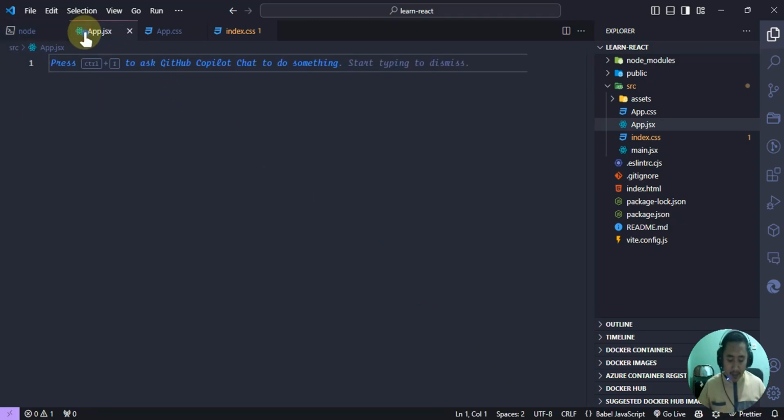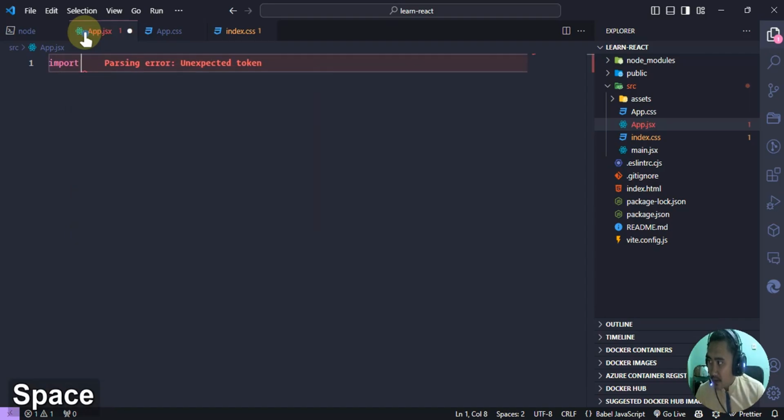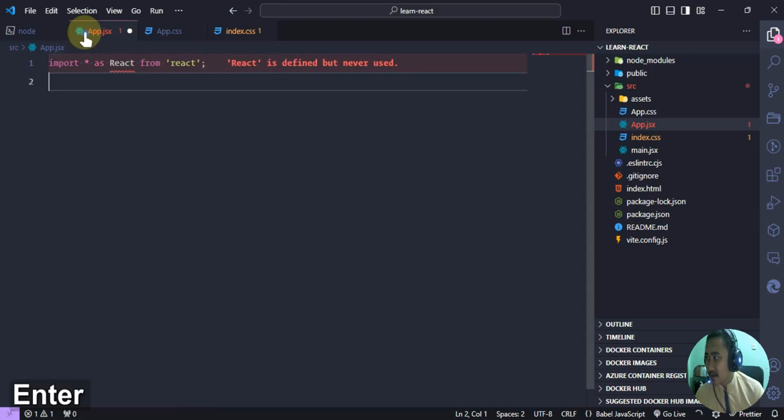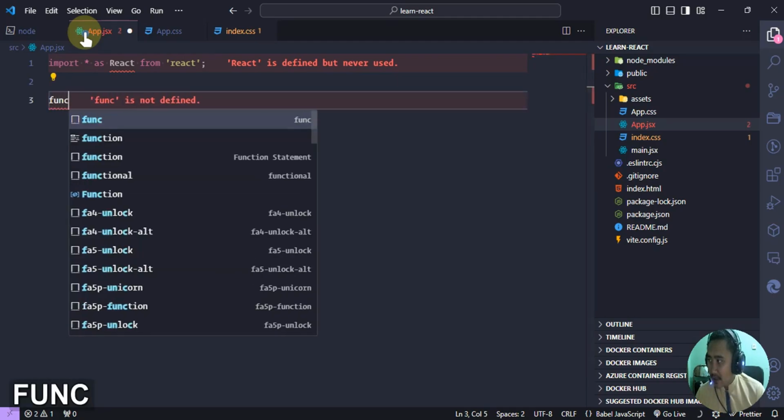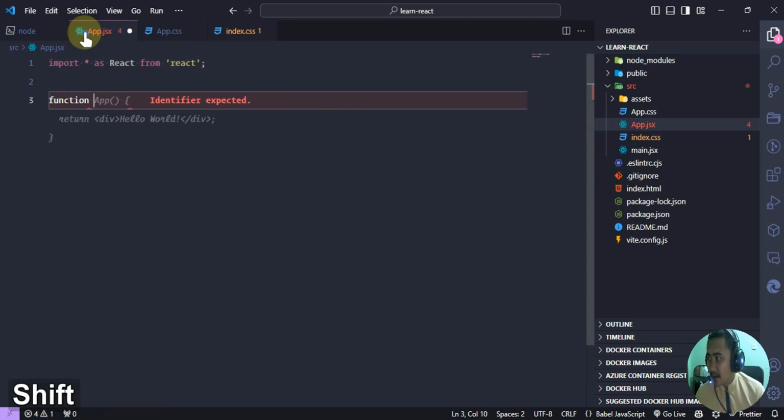Now let's create our first component. You may type import React from React, and then function, the name of our component, we should call it App.